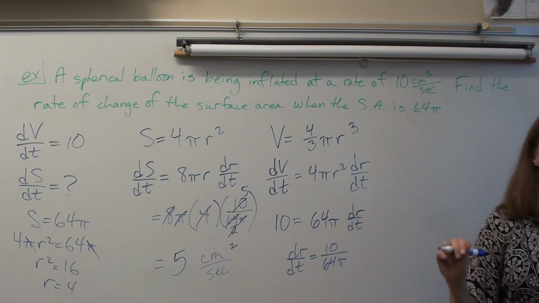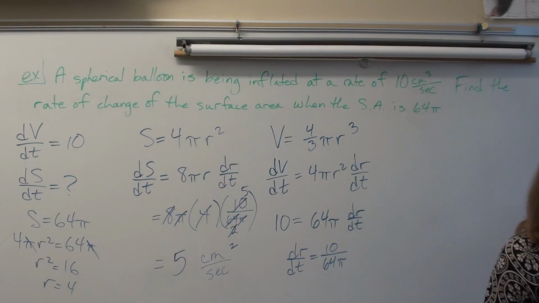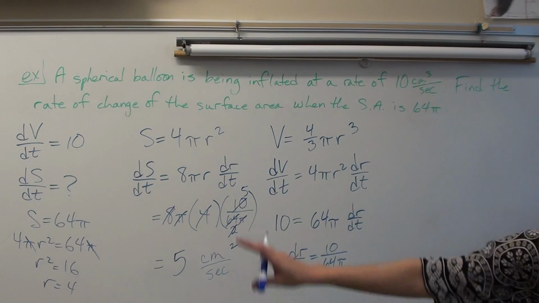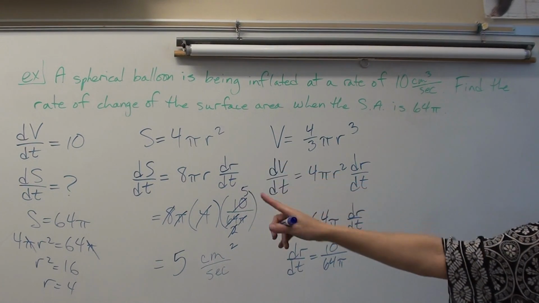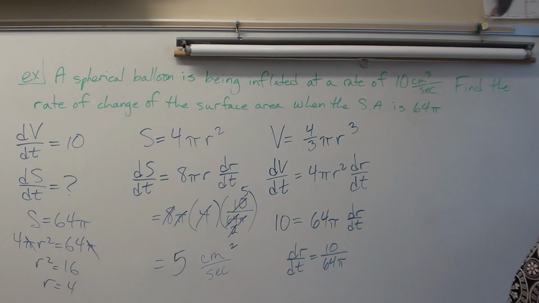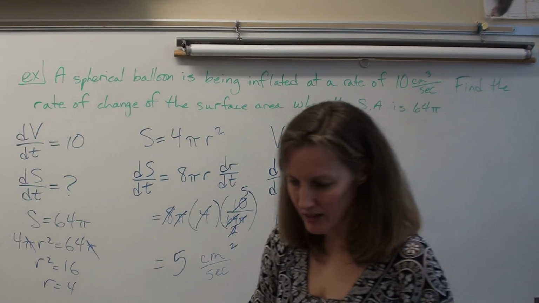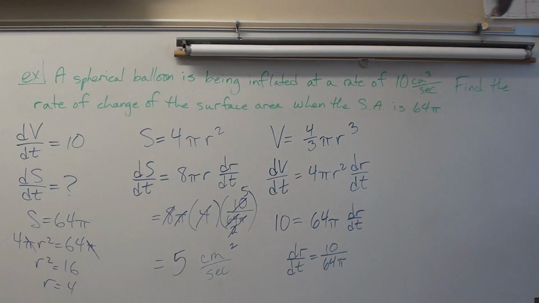Now, tonight's homework is how many problems? 8. 6. 6. You are not allowed to skip any of them. I want to see at least a setup, what you're given, what you're trying to find, and your best attempt at an equation that relates the variables. For anything that is similar to the examples we did here, you have to do it all the way through, right? If you are a junior, please don't